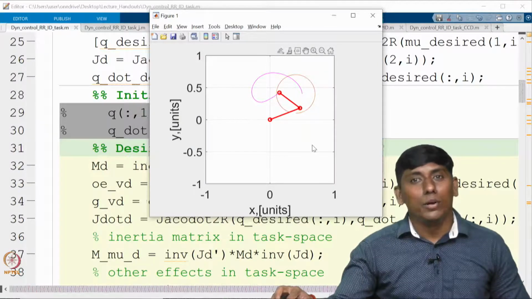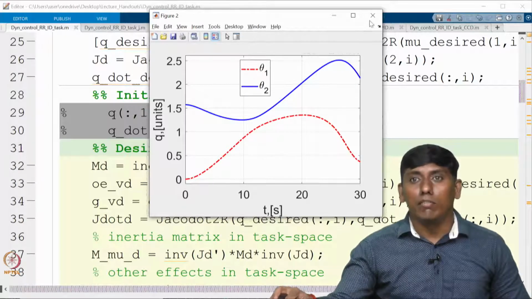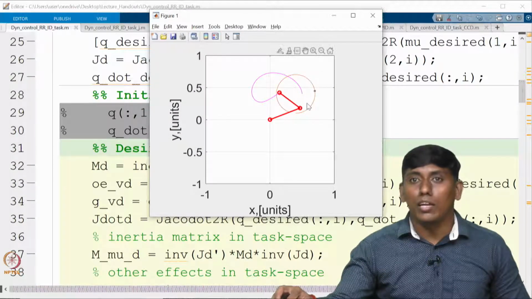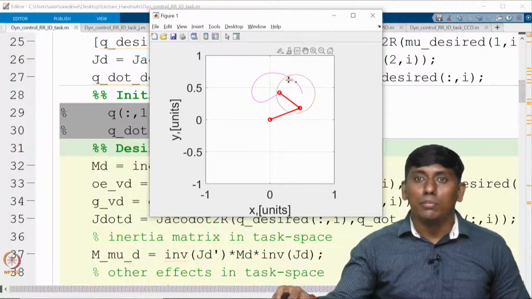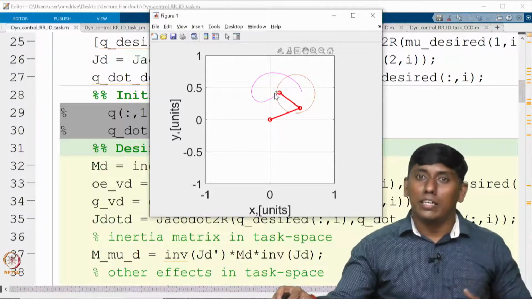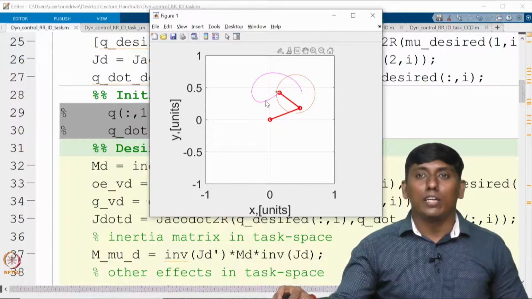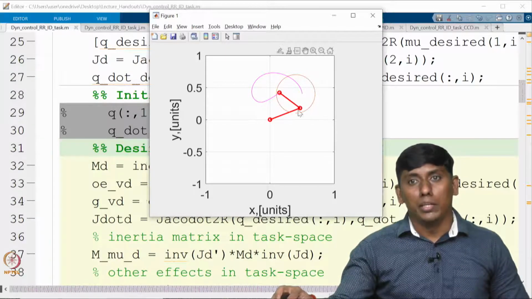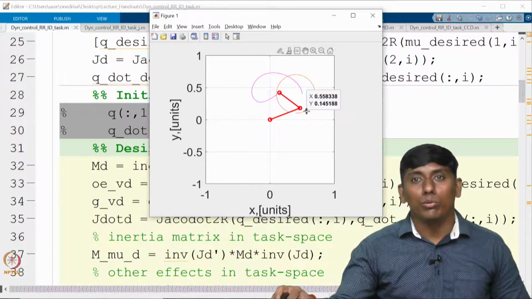You can see it is not making a circle because the initial velocity desired and initial velocity actual are different, and the initial position desired and initial position actual are different. You can see it, right? That's why I said it cannot be directly used as a control. To a certain extent we can use it as open loop control, provided the initial conditions match, and other dimensions also match.